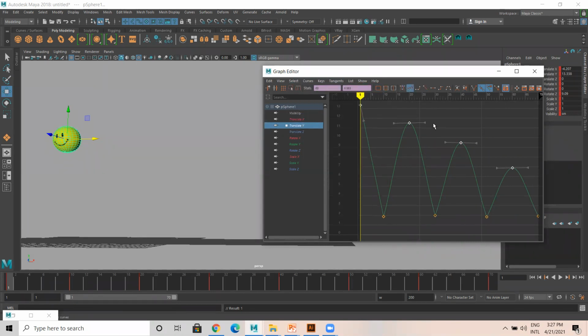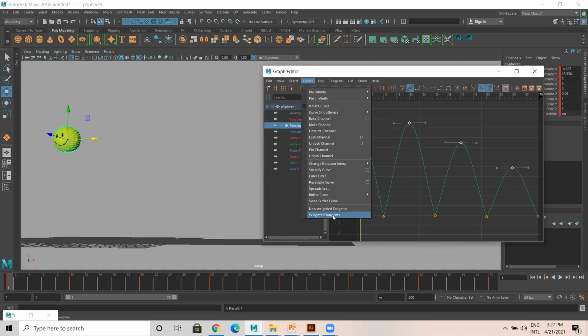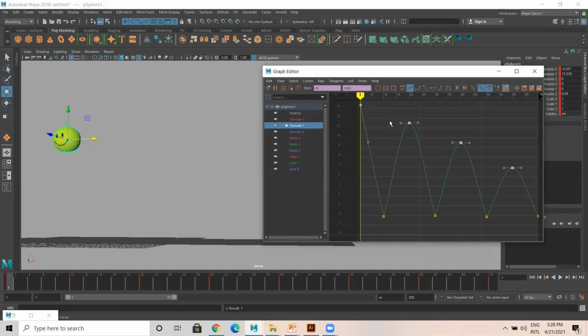Okay. Then after that, I'm selecting all the top keys, go to curves, weighted tangent. And here, select this. Select this.